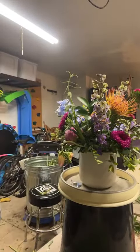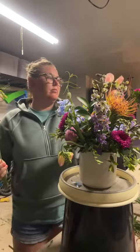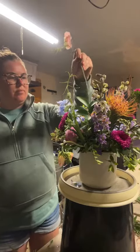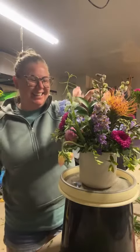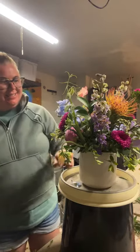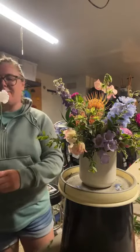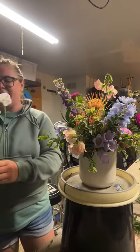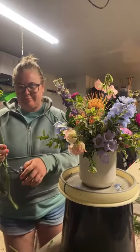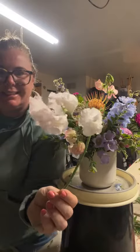We're gonna need some more of those. The sweet peas are... Becky, I'll make you flowers whenever you need them. Aren't they fun? They're so good. Flowers just make everything better. They're so pretty. Look at this. So these sweet pea seeds I got from